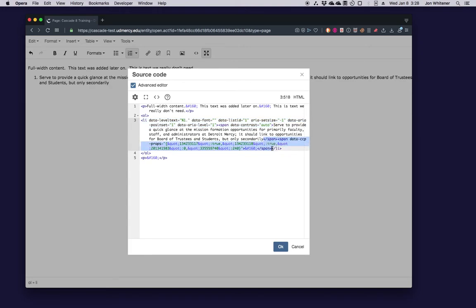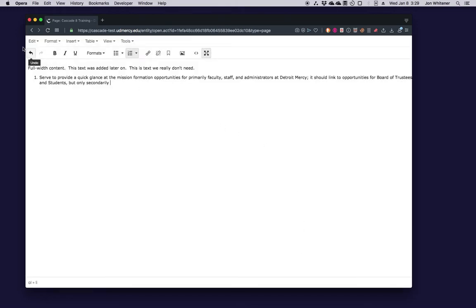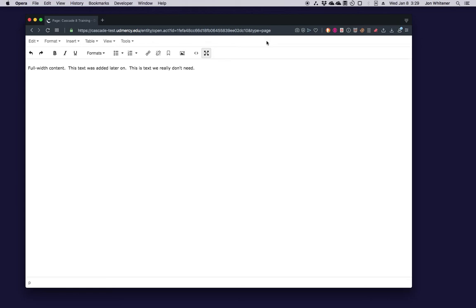So we don't want any of this stuff. That's just extraneous code that was copied over from another program, whether it's a Word on your desktop or a website. We don't want that. So I'm going to use the undo button to undo that paste. How do I get that content in this page without all that mess?